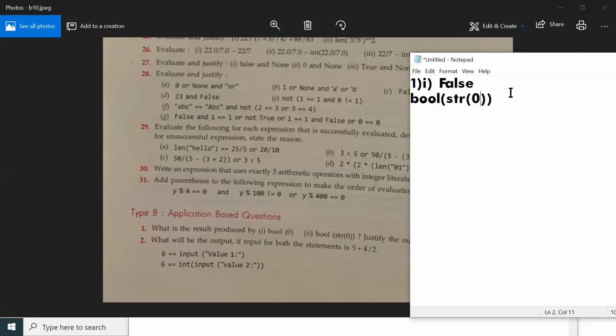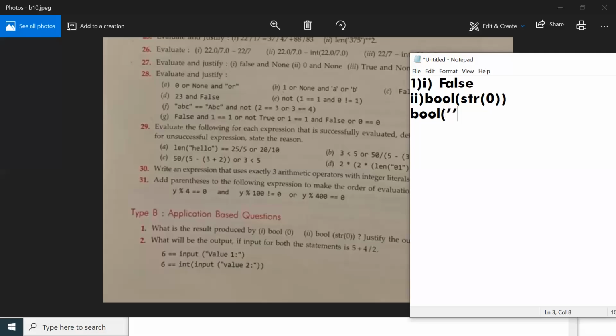Whenever you have a nested function, you have to evaluate from the innermost function. Inside the bool function, I have str of 0. What is the result of str of 0?